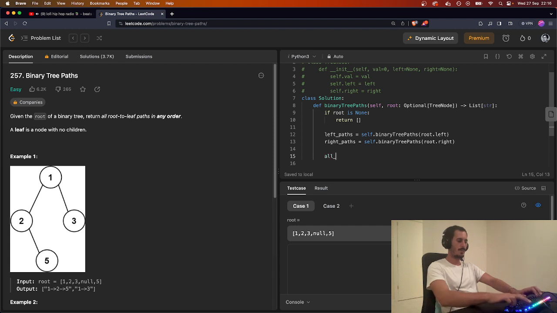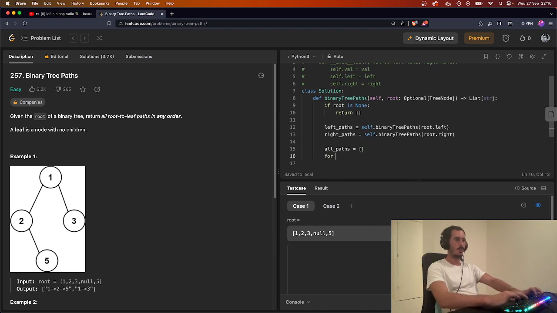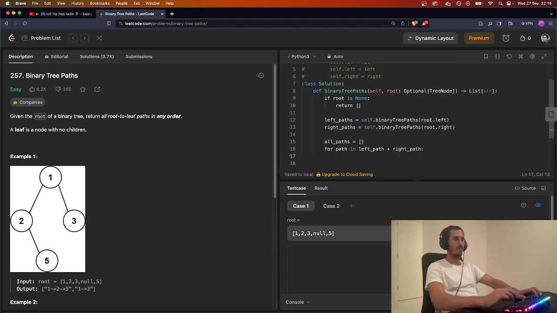So all paths equals empty list, and for path in left path plus right path, all paths.append, let's see,